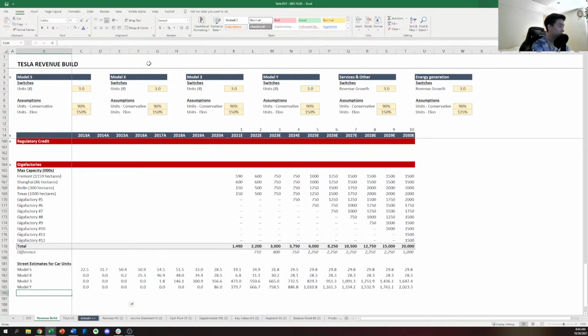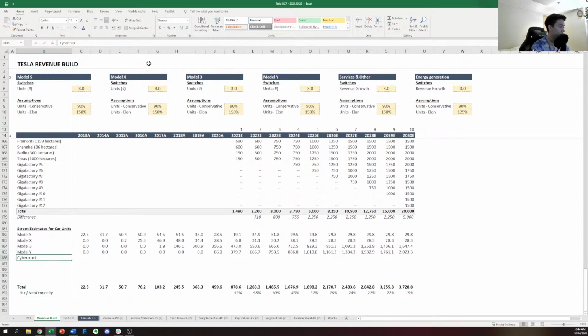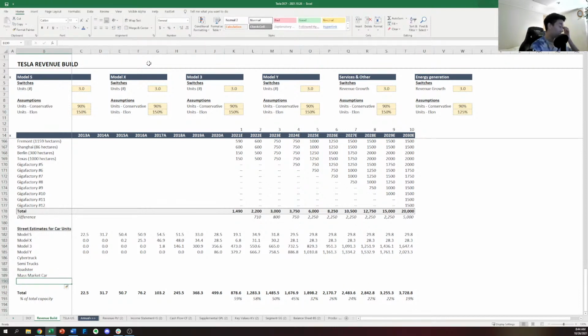So, Model Y, then we have the Cybertruck. And then semi-trucks, the Roadster, mass market car. And then we're going to try, if we can, to build out new car number 1, new car number 2, and